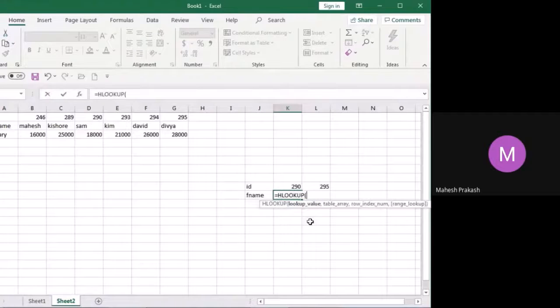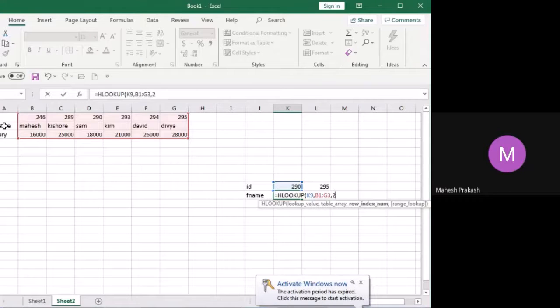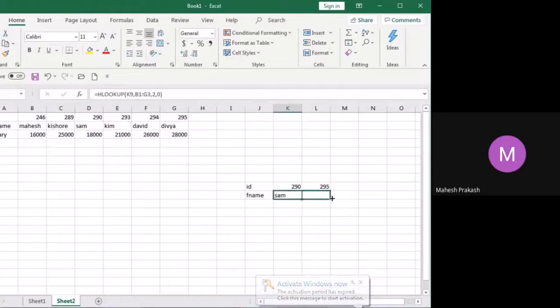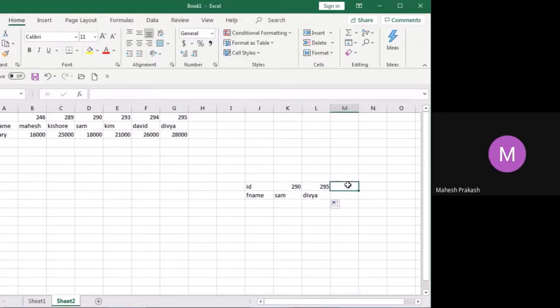Lookup value is 290, comma, the complete table, comma, the row index number. First name is in the second row. So 2, comma, 0 and enter, done. Now the same thing we'll drag in this way. For example, I'll delete this and I just want 293, 294 and 295. I just need to drag this way. That's it.